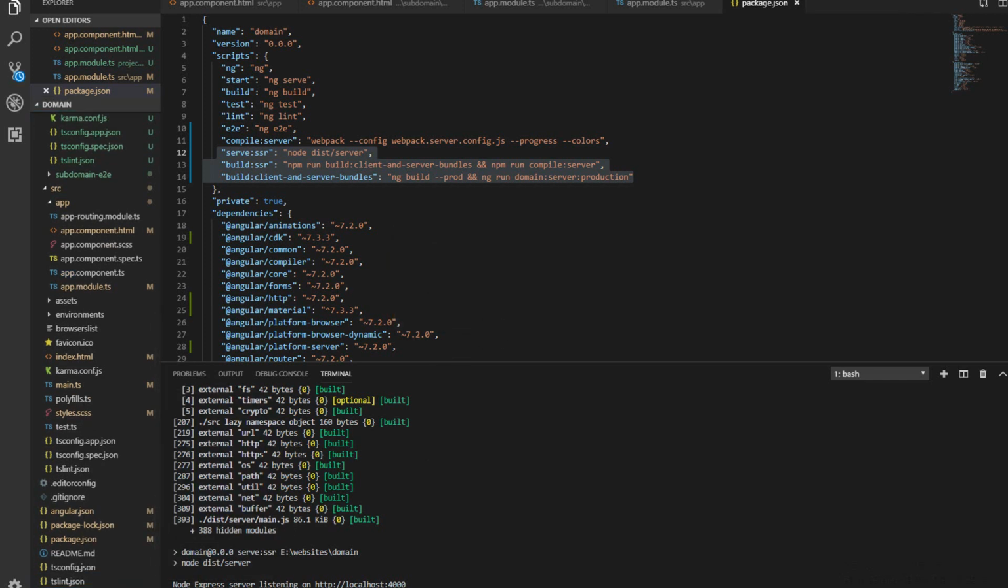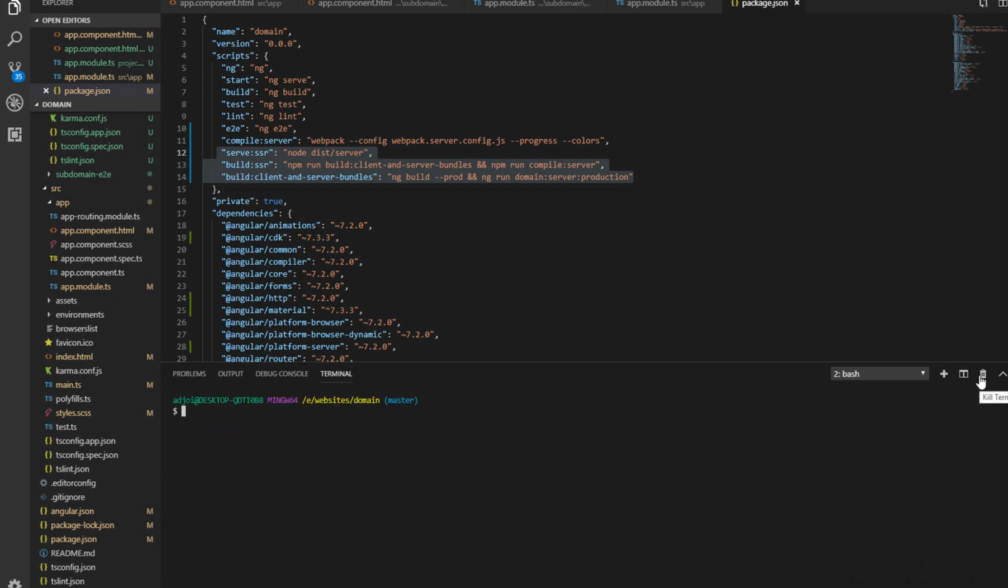Then I'll close the server down, and I'll go ahead and run ng add @nguniversal/express-engine. I'll also add the Express engine,